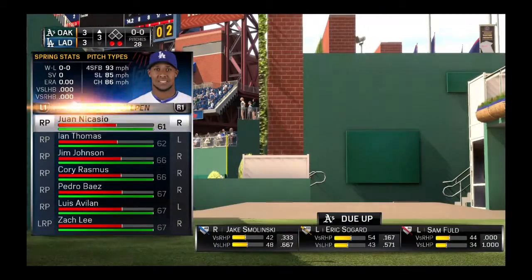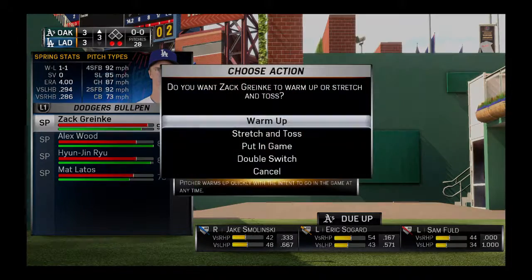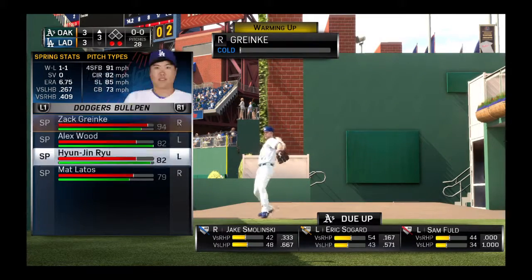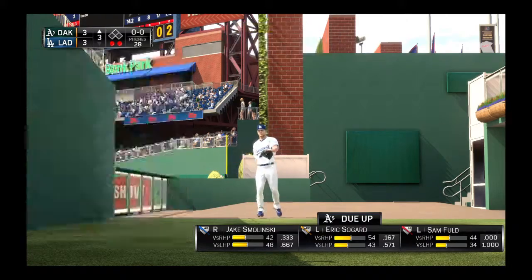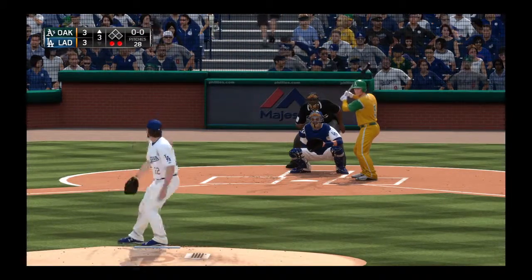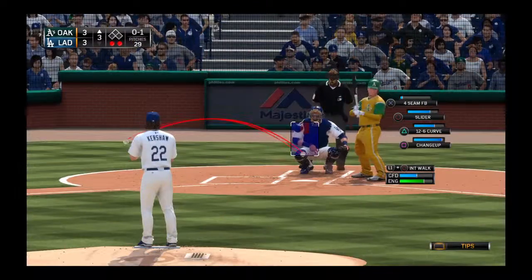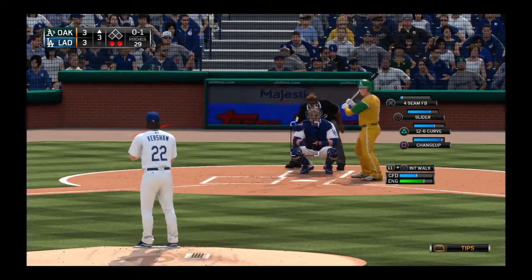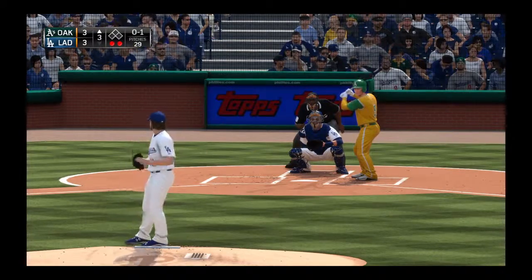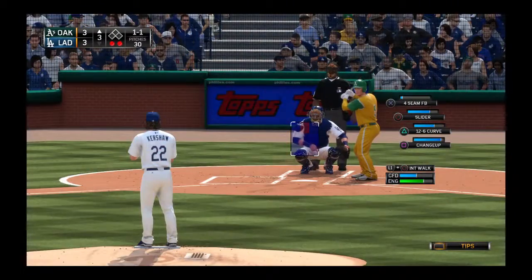Jake Smolinski will stand in. He doubled and later scored his first time. Now the Dodgers get a right-hander up and throwing in their bullpen. Not even close on that swing. No balls and a strike. Seems like he's gotten away with more than a few location mistakes so far. And that's not going to last forever, especially in this place. And a pitch in